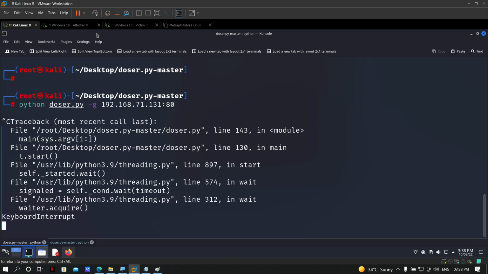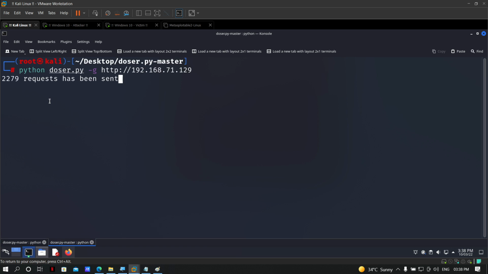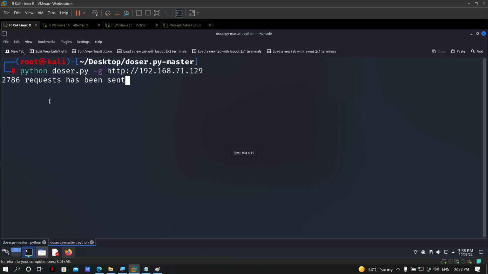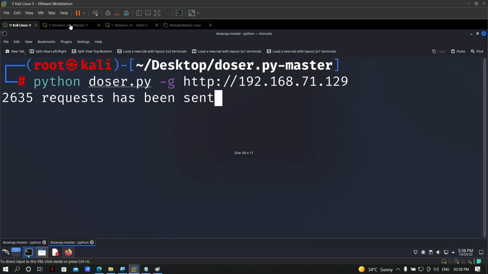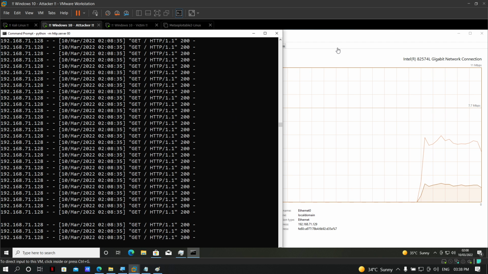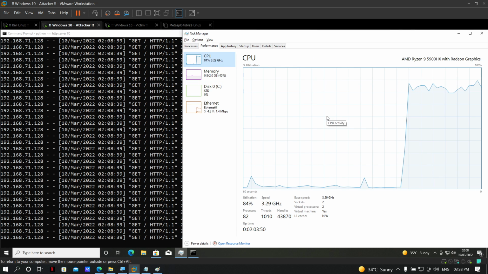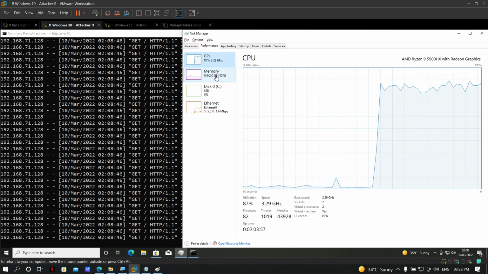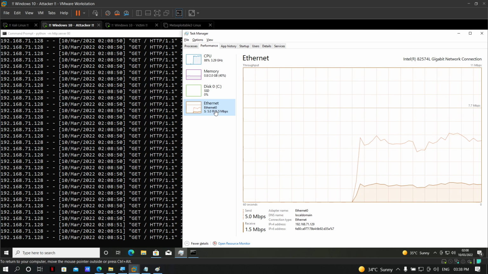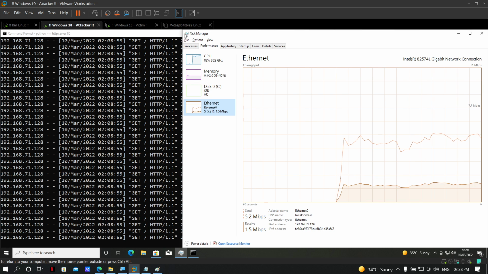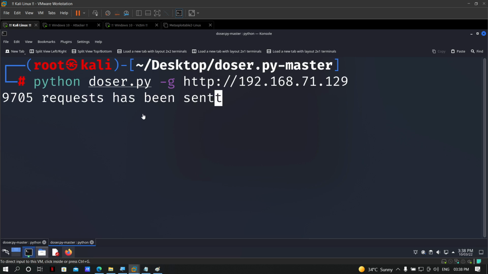That's the only point. But again, we are sending some requests. And here if you see the server, you can see we are getting some requests. Now I think you can see the CPU consumption is 80%, right? RAM consumption is not higher, but CPU consumption is 80-85. Network bandwidth is not much consumed either.